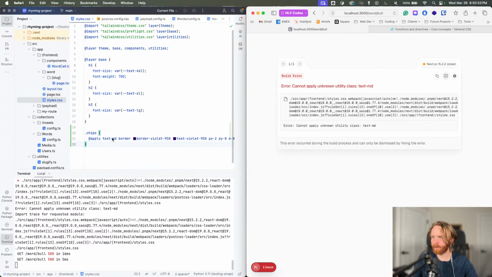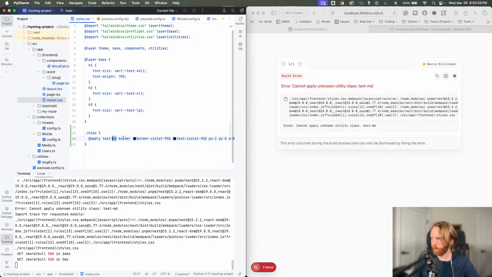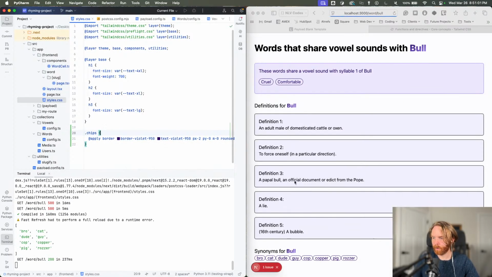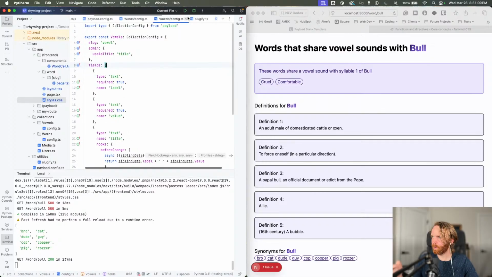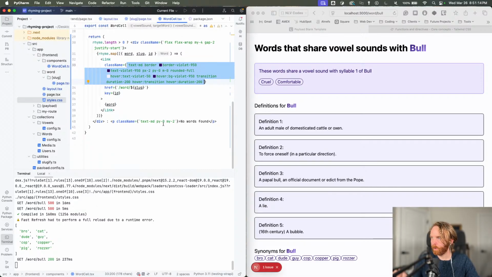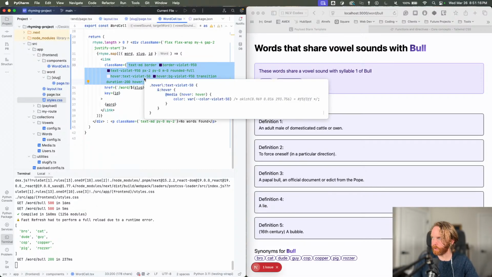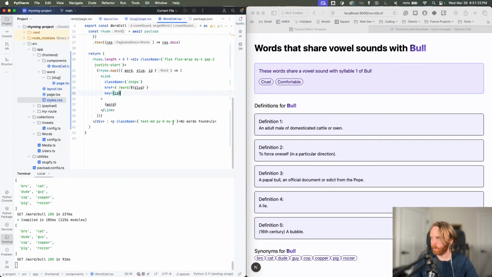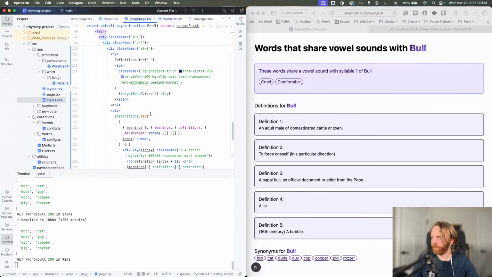Unknown utility class text, but it worked a second ago. Let's go ahead and get rid of that. Oops, border. All right, perfect. And then we can go to our word cell. And instead of all of that, we could just change this to be chips. And there's that. And now last thing we need to do is just copy our div style here for our synonyms